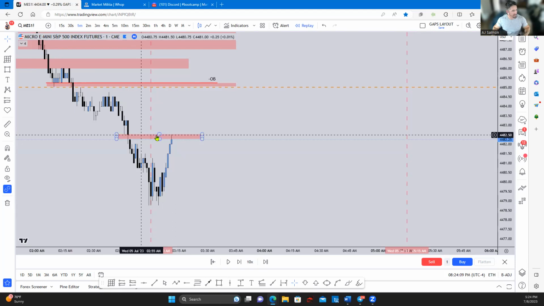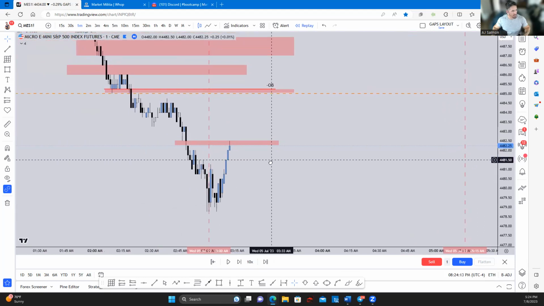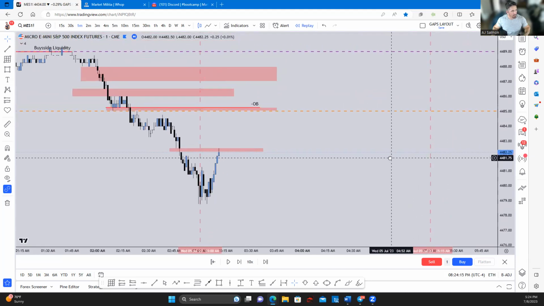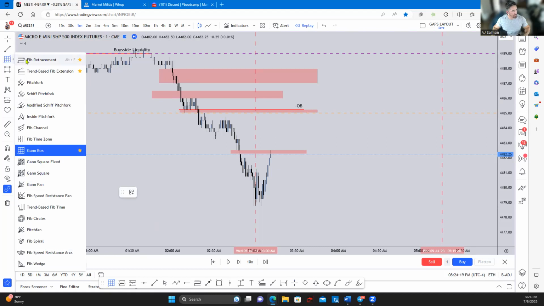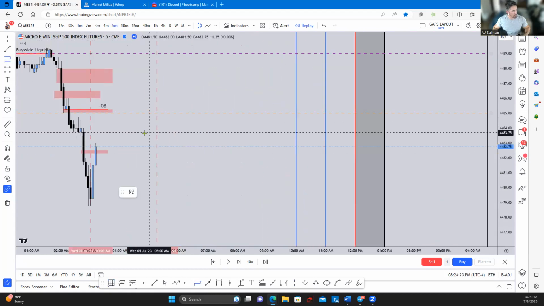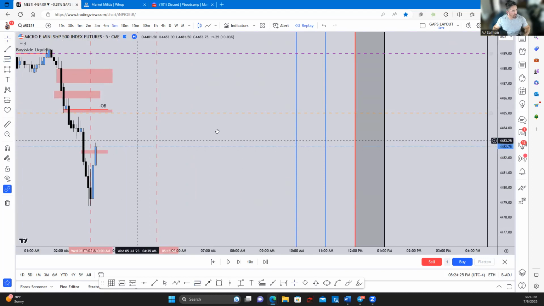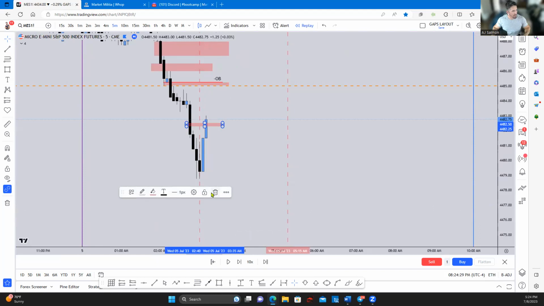All right, so prices come into here. Now we want to wait to see what kind of reaction we get here. And let's pull a fib and see, off the 5 minute, where can we get a fib play here? So if we look here on the 5 minute, I like this